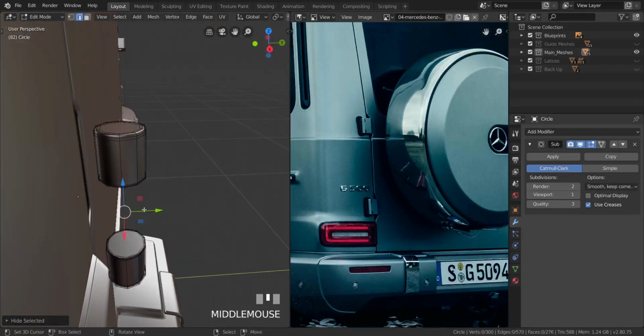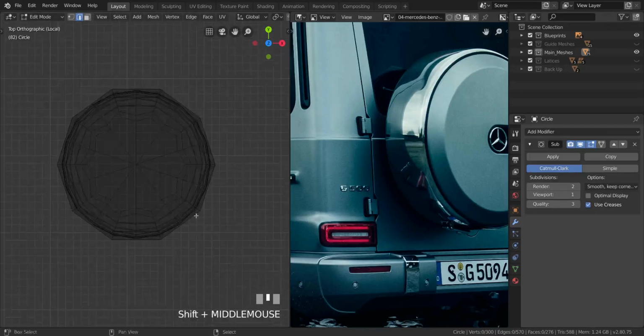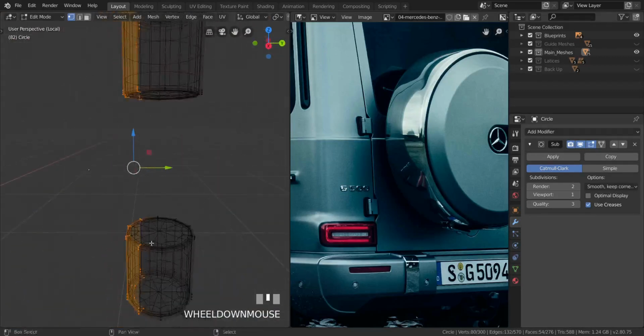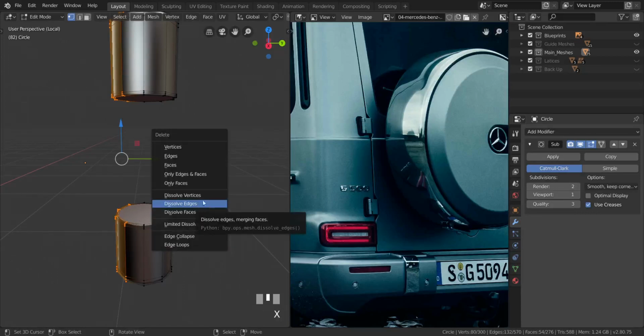And let me just go into local view right now. Alright, let me go over to the top view, get into wireframe. So I want to select the vertices. We want to try something here. So I'm going to take all of these over here. I don't know if this will work, but I want to take all of those and we're going to press X. Well, first of all, let me take